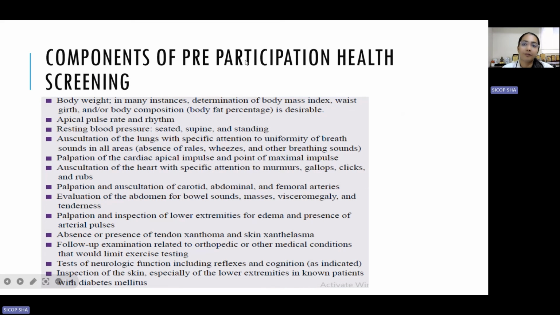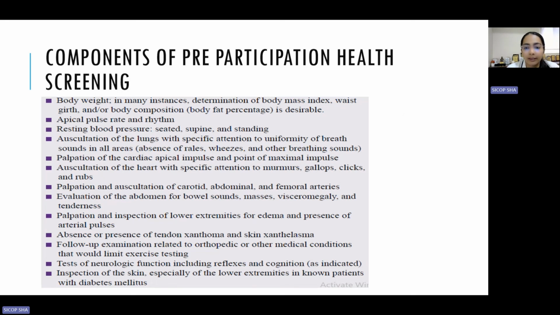So, components of pre-participation health screening. What all has to be seen when you are checking for pre-participation screening? Body weight, to determine BMI, waist girth, and body composition; apical pulse rate and rhythm; resting blood pressure; auscultation of lung, with specific attention to uniformity of breath sounds in all areas; palpation of the cardiac apical impulse; auscultation of heart with specific attention to murmurs, gallops, clicks, and rubs; palpation and auscultation of carotid, abdominal, and femoral arteries;